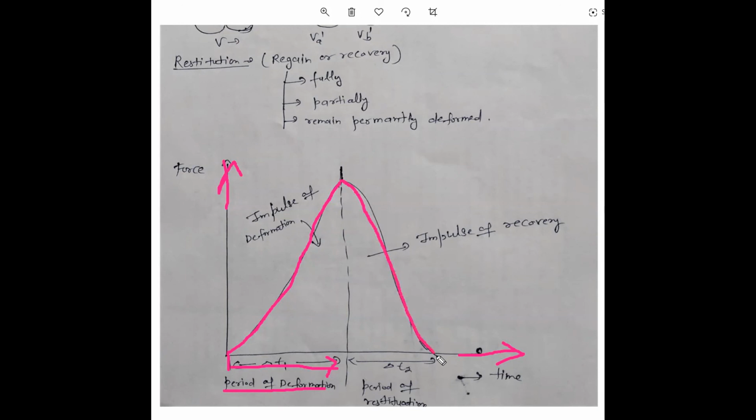starts to decrease. And at the last time, at this point when the bodies are going to separate,